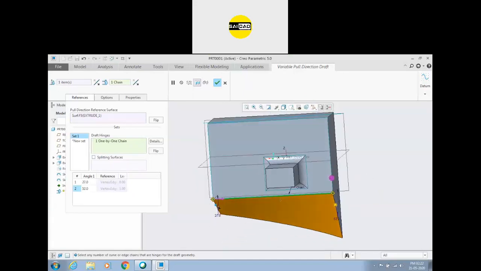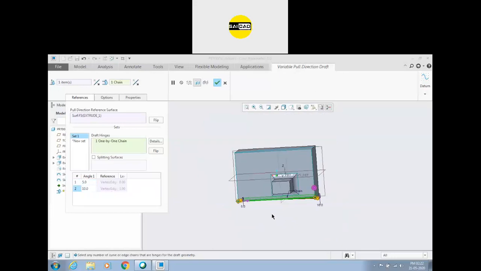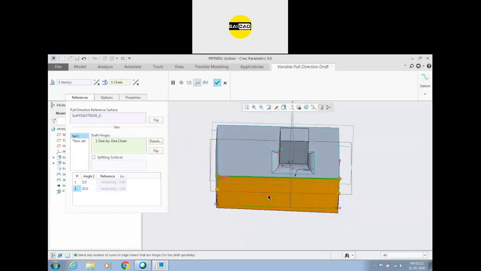Okay, you can define a different angle. I want this angle to be 5 degrees, I want this angle to be 10 degrees, and you can do that. And if you want to add some other, you can just go add angle. You will see there is an angle and it is on a location that is 0.5, means at the mid. You can go to 0.3. At the 30% you can define the value. I want that to be 20.